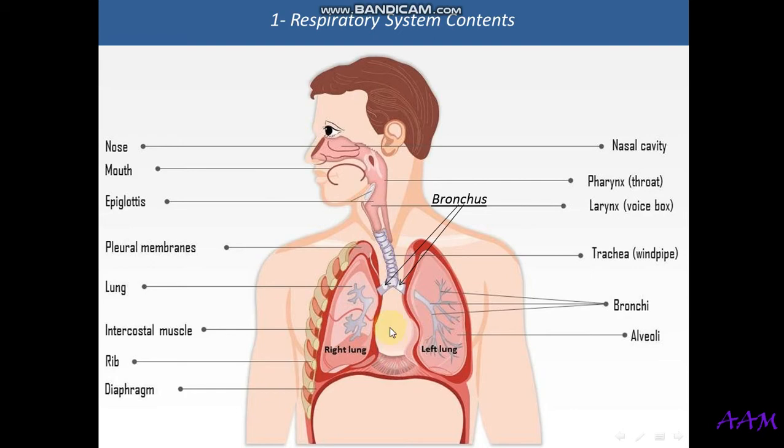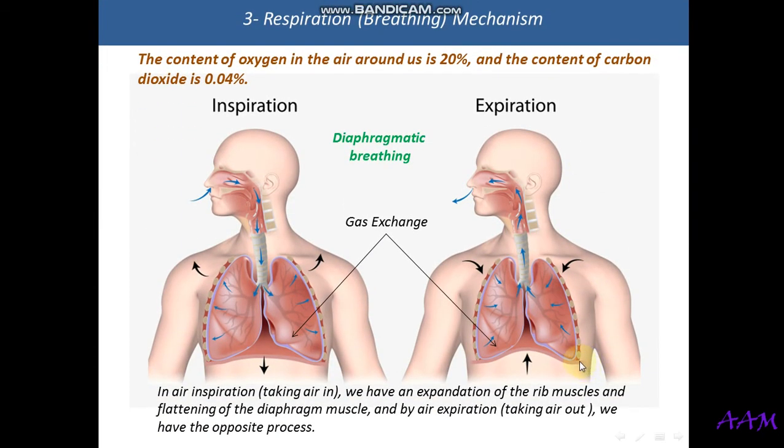The diaphragm, by relaxing, pushes the air out, and by contracting makes the chest cavity bigger so that air comes in. Let us speak about the mechanism of breathing now. What's happening here? In the air around us, there's 20% oxygen and 0.04% carbon dioxide. What really happens? As I said before, the mind knows that our body needs oxygen, so it gives a signal for the muscles